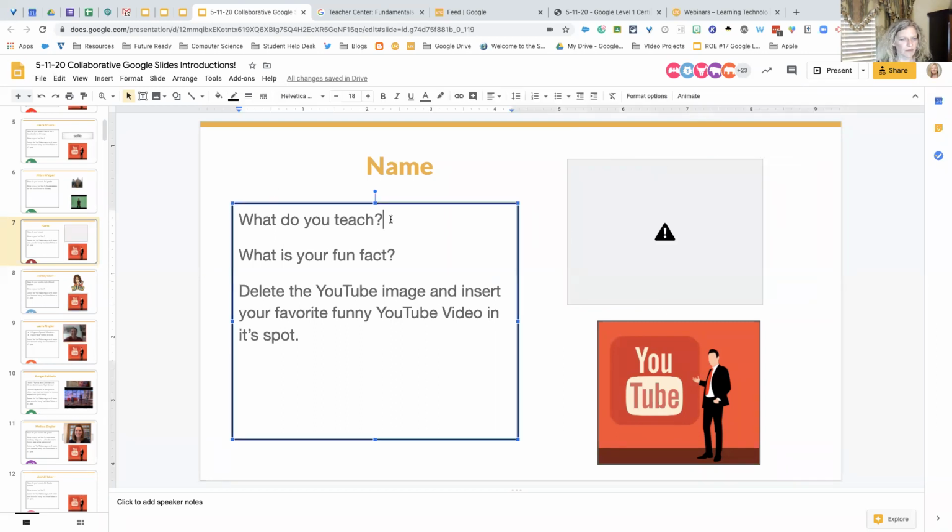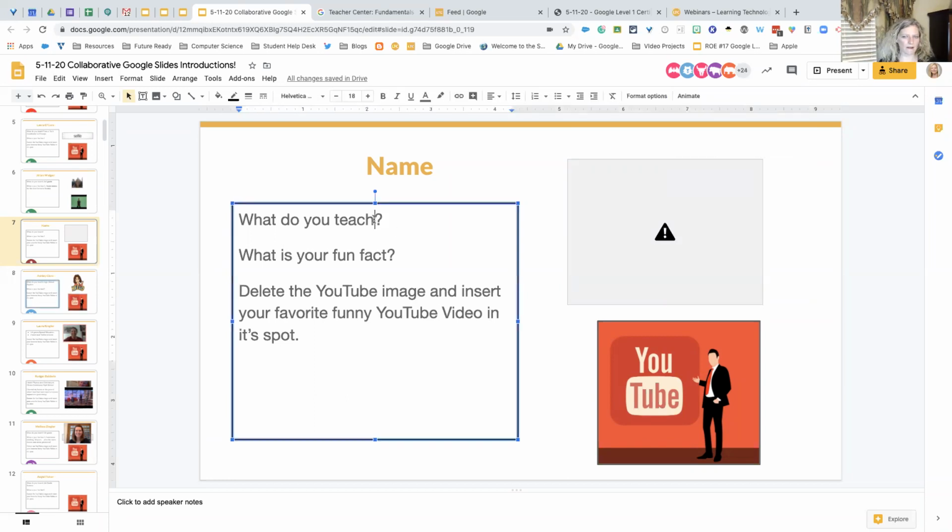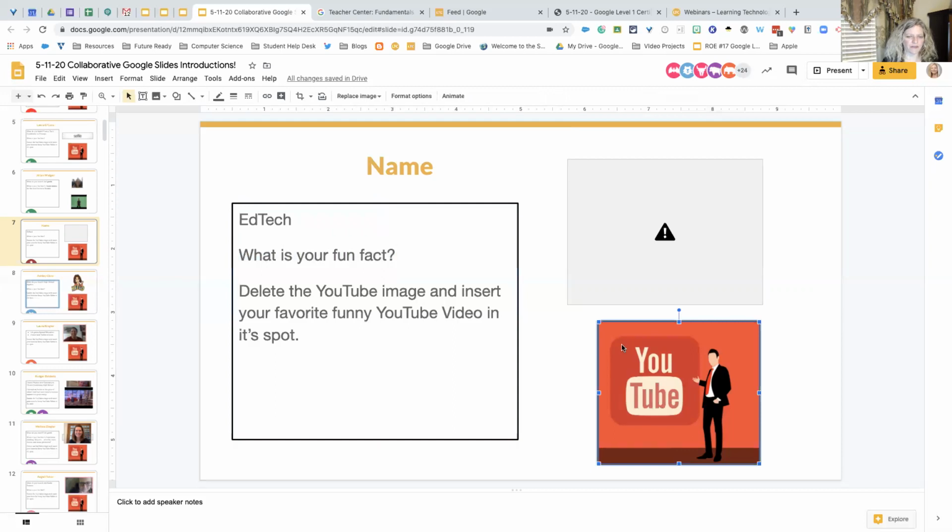Then I can come over here. What do I teach? I don't know why that just went off there, but over here I can put, what do you teach? I can put ed tech. I can delete what she had there. What is your fun fact? Again, I can delete that and type in what I want. I can leave the question there as well. It doesn't matter. And then right here it's saying, delete the YouTube image and insert your favorite funny YouTube video